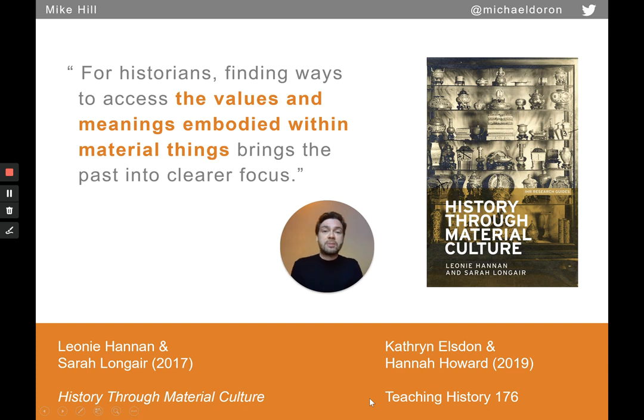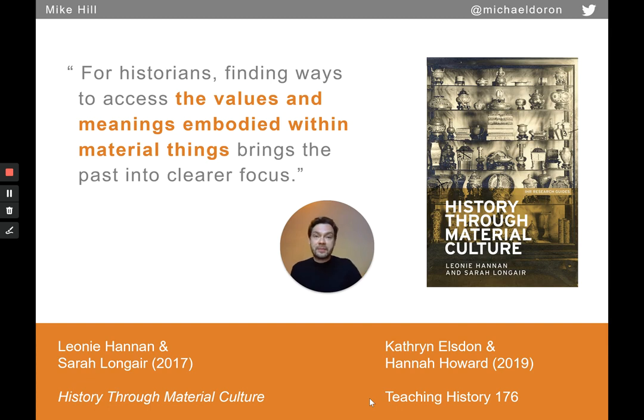So you remember we looked at building inside out and outside in, and starting with objects in people's lives is a good way of building from a small scale outwards. In this fantastic book, History Through Material Culture, the authors say that for historians, finding ways to access the values and meanings embodied within material things brings the past into clearer focus. And recently, Catherine Elston and Hannah Howard wrote a fantastic article about using material culture in history teaching, in Teaching